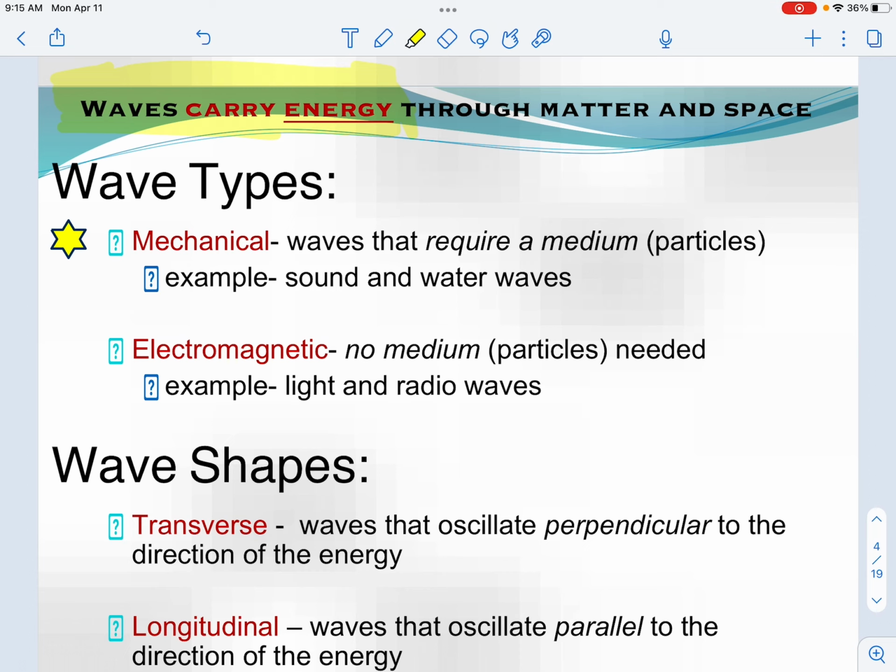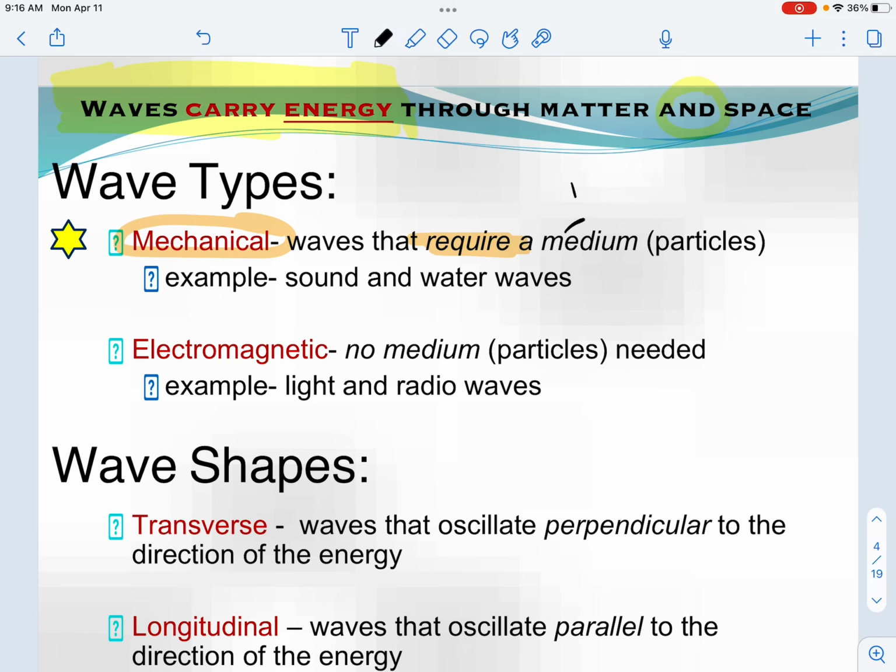Now it says here that it carries energy through both matter and space, and so you'll see the difference in these definitions. So let's get right to it. Mechanical waves are waves that are going to require a medium. So when we talk about mechanical waves, this is what we're focusing on in this chapter. We are focusing on waves that are going to